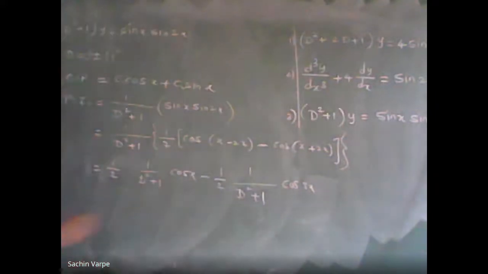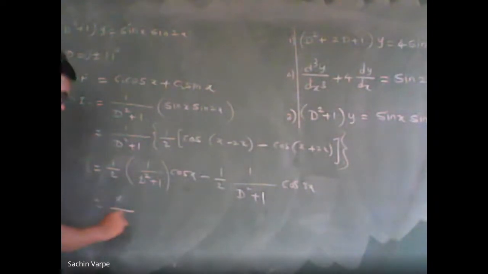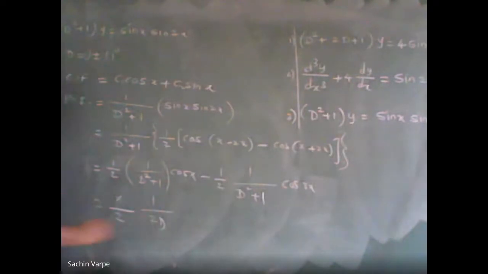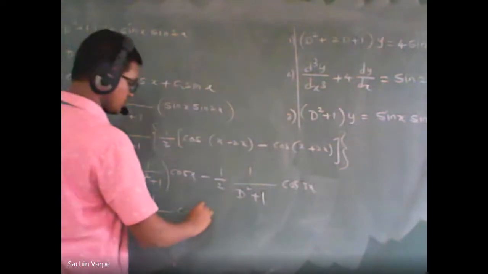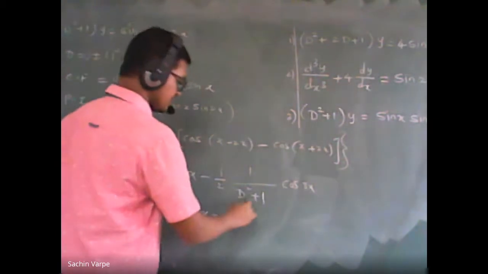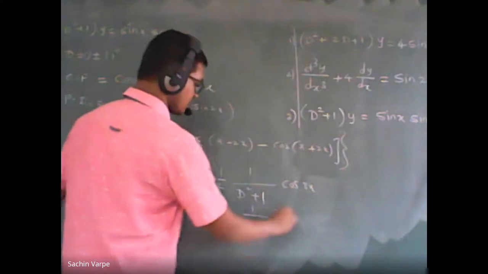So I'm directly writing now, we can check this and we can do the same thing in the exam also. We can simply check like this whether it is a case of failure. If it is a case of failure, we can multiply by independent variable x into half, that is x by 2, into derivative of this, that is 2d of cos x, and minus half of, here we replace d square by minus a square, that is minus 9 plus 1 cos of 3x.